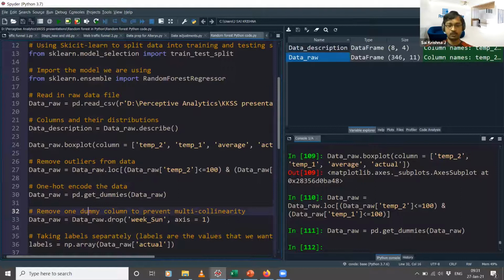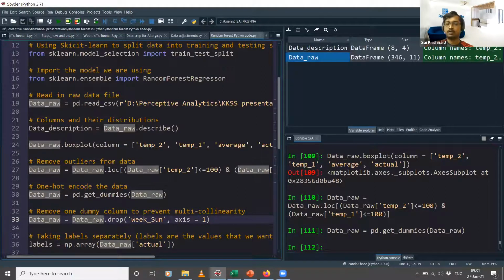One important thing to note here is that one of the dummy variable columns should be dropped. Otherwise we get a condition called multi-collinearity, or they call it the dummy variable trap. For example, let's say you have a column called gender. It will have only 2 values, male and female. You create just 1 column for male, which will take a value of 1 if the gender is male, otherwise it will take 0. You don't have 1 more column for female.